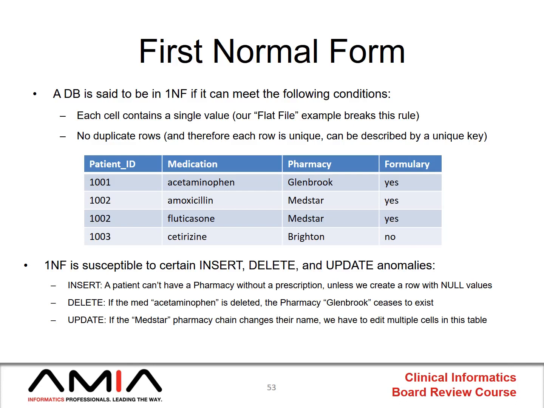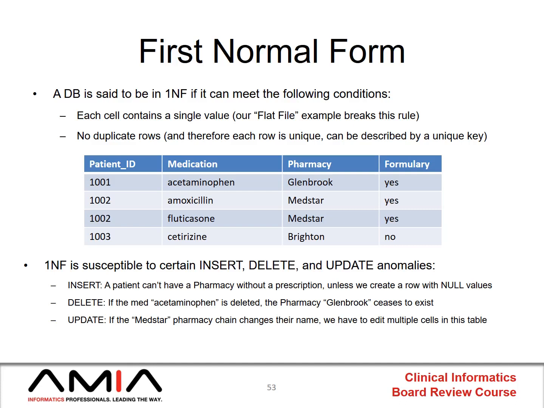Specifically, the way I've constructed this table, I can't indicate that a patient has a preferred pharmacy without a prescription, unless I create a row with null values. So in a weird way, it's conflating the desire to capture their pharmacy with the desire to capture their medication list. It also conflates the desire to have a medication list with whether or not that medication is on the formulary or not. So there's a lot of messiness in how we've constructed this table, even though it's